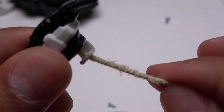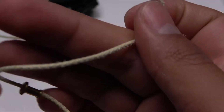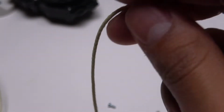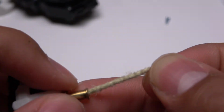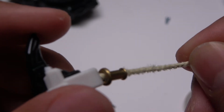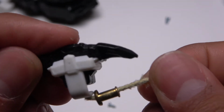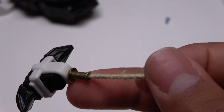So basically, yes, you put your new one, you make a knot on the top before you pull it in, then you let it go, and it's gonna be ready. Okay. Then on the other side, you're just gonna make sure you place these two parts, correct? The way you're gonna place them is, the biggest one has to be like that. The big part of it has to go against this part, and you're gonna make sure you went in like this, because if you do it the other way, it will close and it will work, but it's not gonna do it properly because sometimes it's gonna bend. This is supposed to be like this, so just make sure you put it the right way